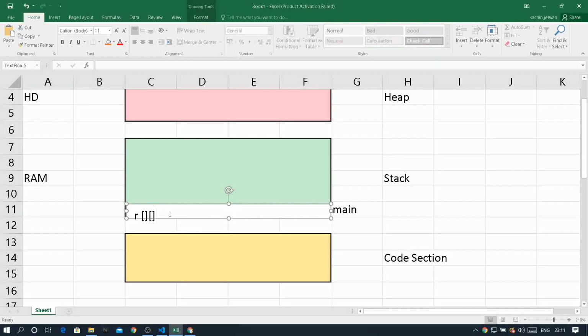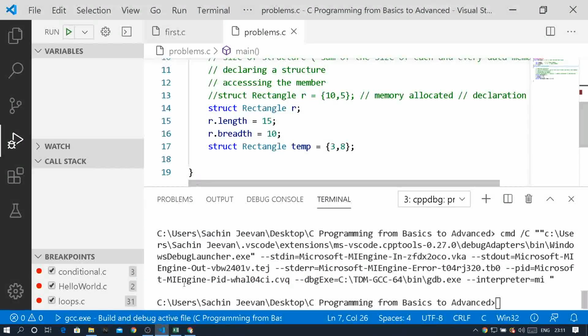Similarly, you will have one more block called temp, and this also will be having two blocks. One block refers to length, the other block refers to temp. So what will happen when you assign some value to this R, for example 15 and 10. Similarly, temp will be assigned with 3 and 8 once you assign, I'm telling. Okay, so now what will happen once the entire program is completed,